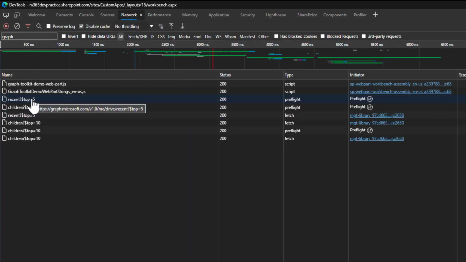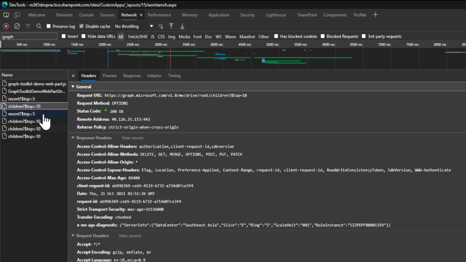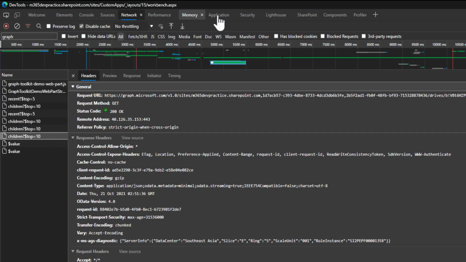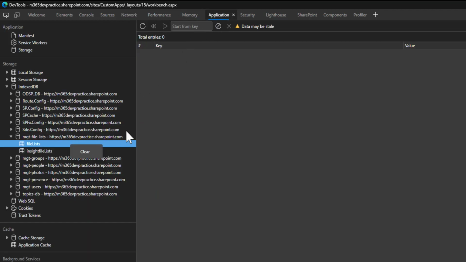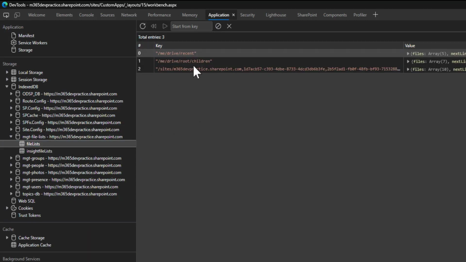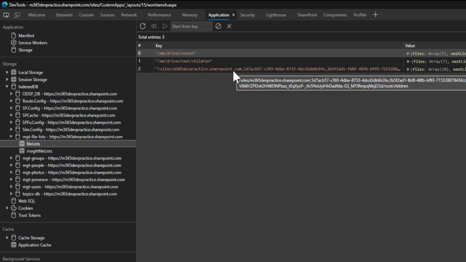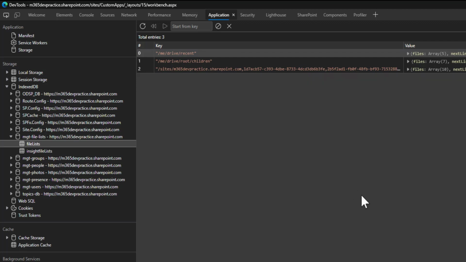And you can see the calls directly made. You can see the endpoint, graph endpoint calls. And also, when you refresh it, the cache is stored. So this is how they are storing it in the cache, and this cache will be refreshed at a specific interval, and you can also configure how long the cache should remain. And in case you want to manually clear the cache, you can also use the clear cache method.